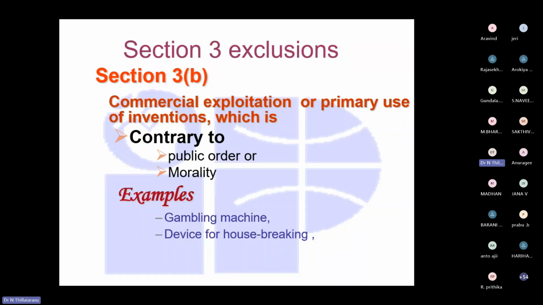Public order or morality: a gambling machine, a device for housebreaking. These kinds of devices we are unable to file for either.